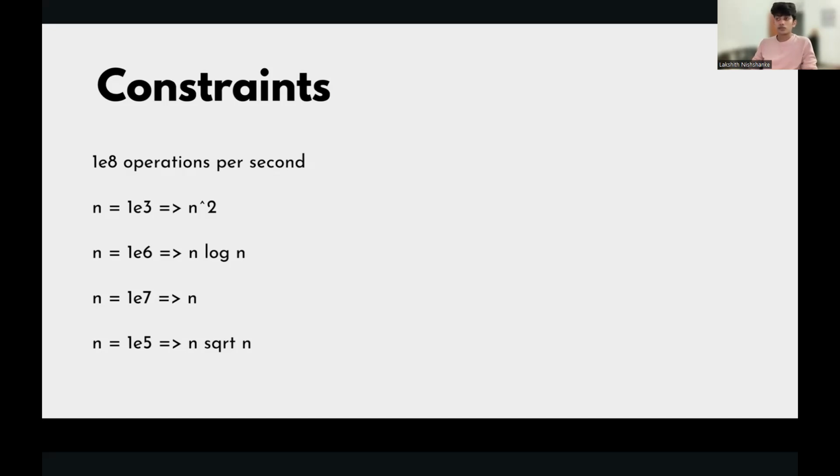So basically, if you don't know about time complexity, it means the number of operations a program is going to run depending on the input size.